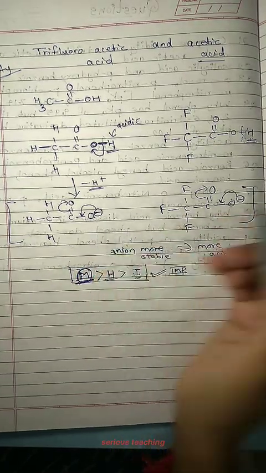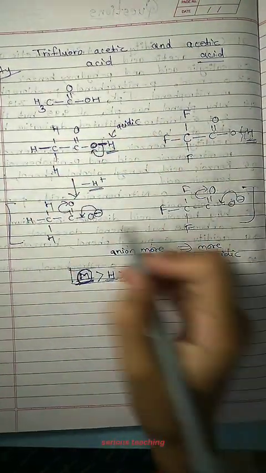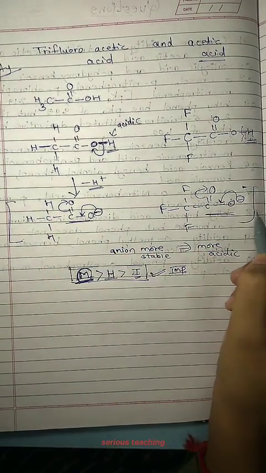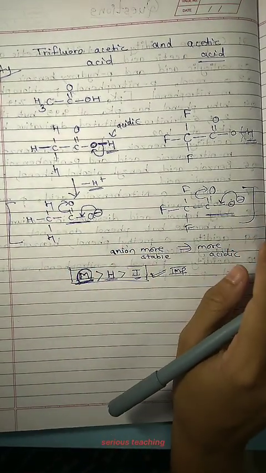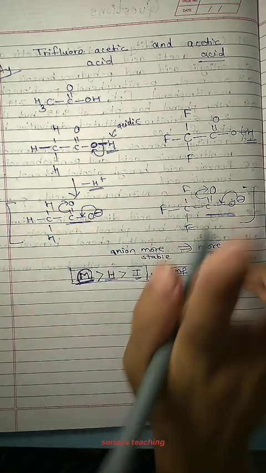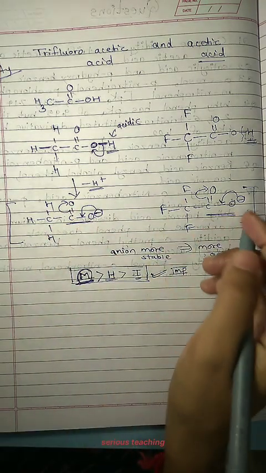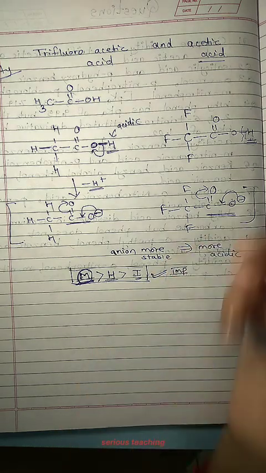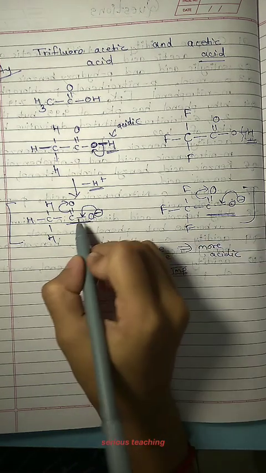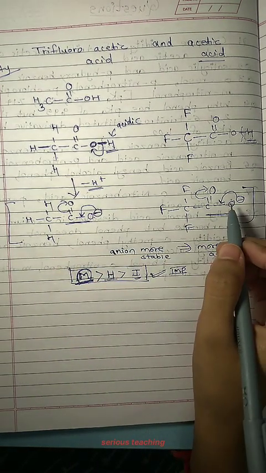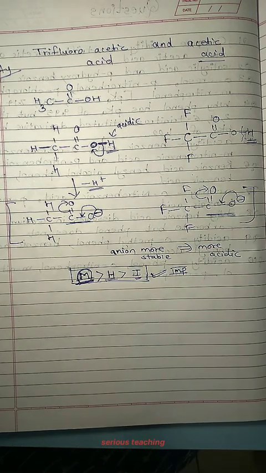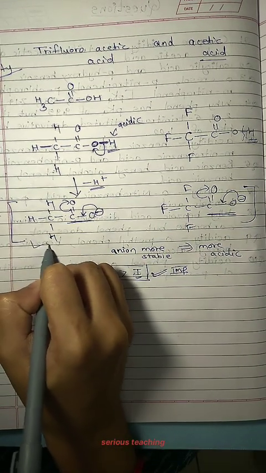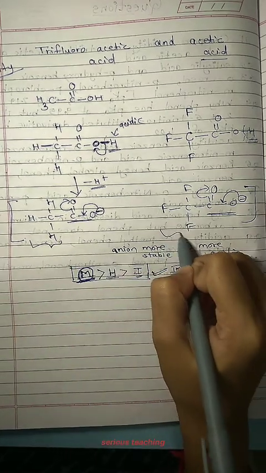But as you know, we have to compare these two. In these two, this part is similar. This bond and this resonance are similar. So this is not the effective part. Whenever we compare two things, we mostly compare the things which are different, which are affecting. These two are similar in both, so they are not affecting much. So we have to find the difference. What is the point of difference? The point of difference is that here CH3 is present, here CF3 is present.